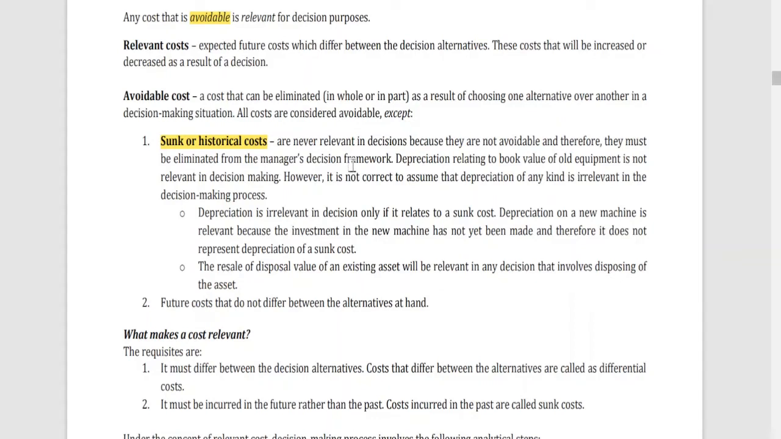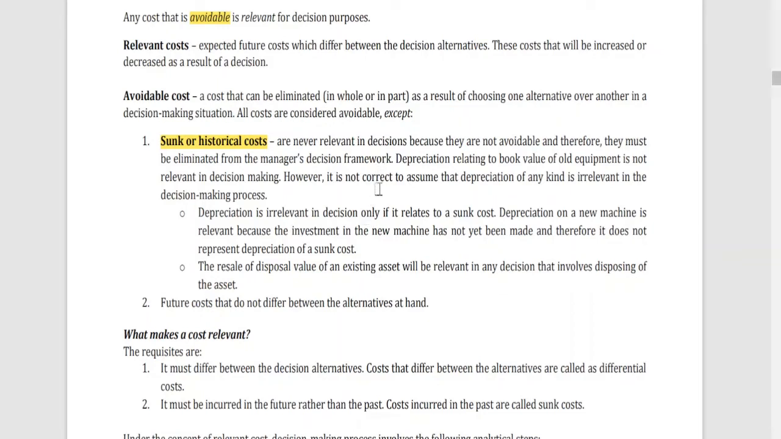You do not include that in the consideration. Depreciation relating to the book value of the old equipment is not relevant as well, just like the historical cost of the equipment. So, ang depreciation niya, dili na pod nimo i-appeal. Why? Because ang equipment, daan na siya, nga naa, whether you are going to do anything in the future, you will still incur the depreciation